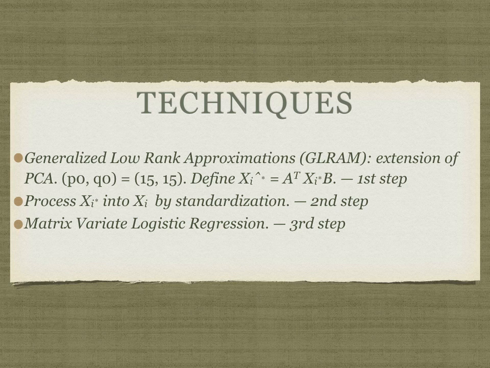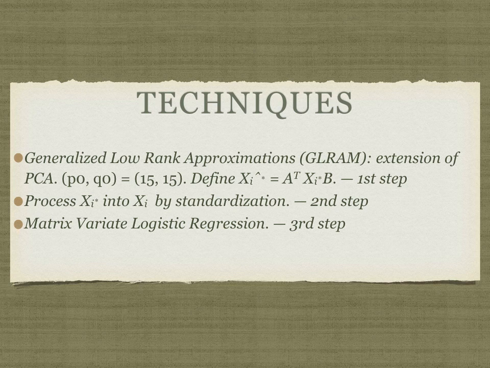The pre-processing steps first use an extension of principal component analysis, called a generalized low-rank approximation, and they tested how many constant numbers of P and Q could be used for simplifying the original given covariate matrix. They tried 20 by 20, 30 by 30, 15 by 50, and so on. Once they reduce the parameters by this generalized low-rank approximation to 15 by 15, then they applied some